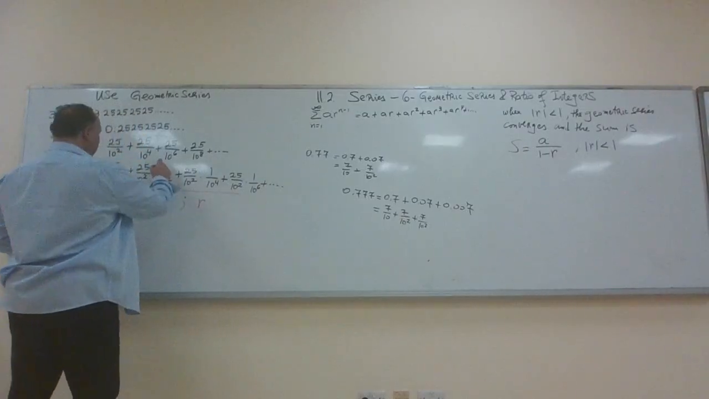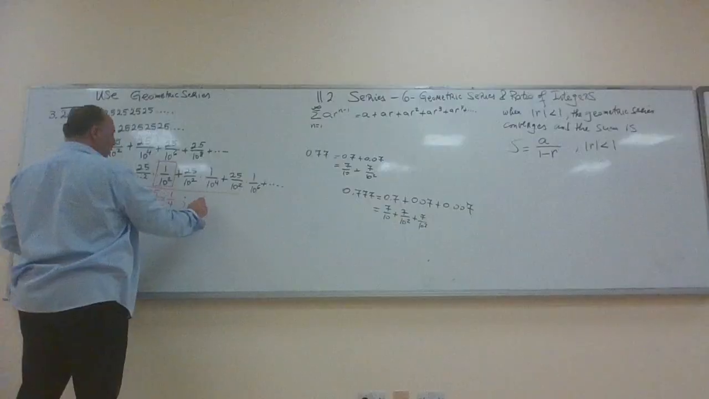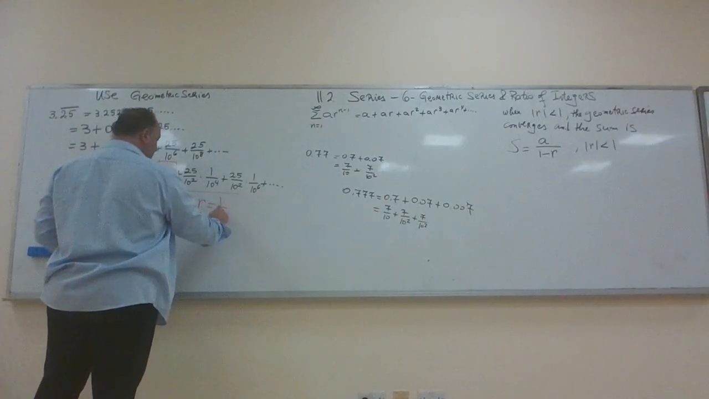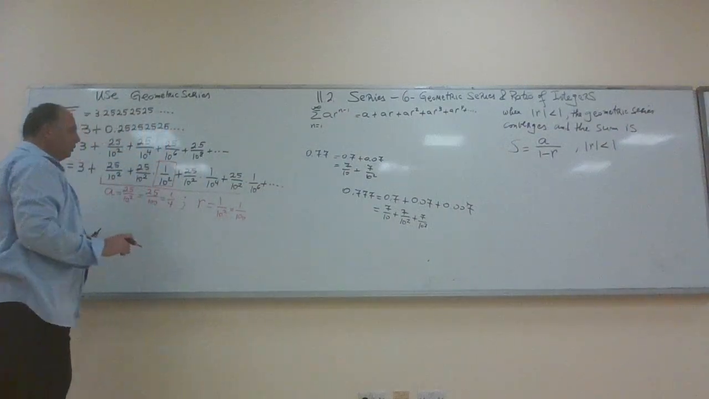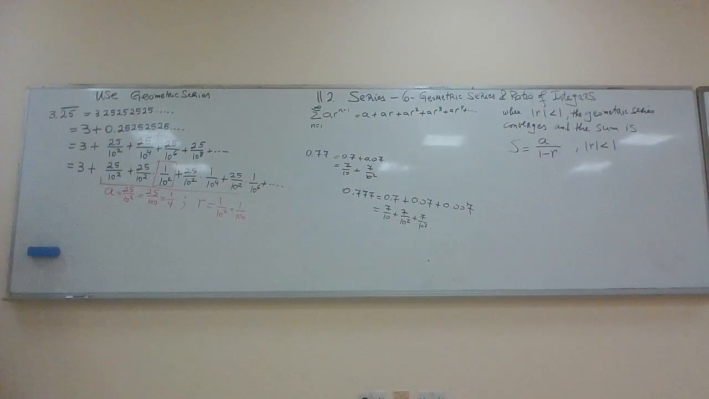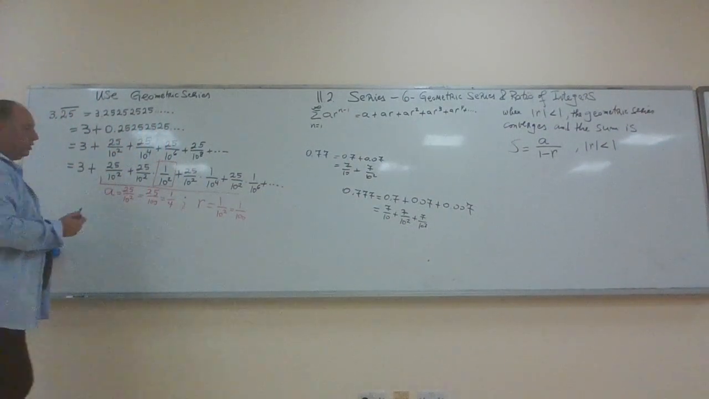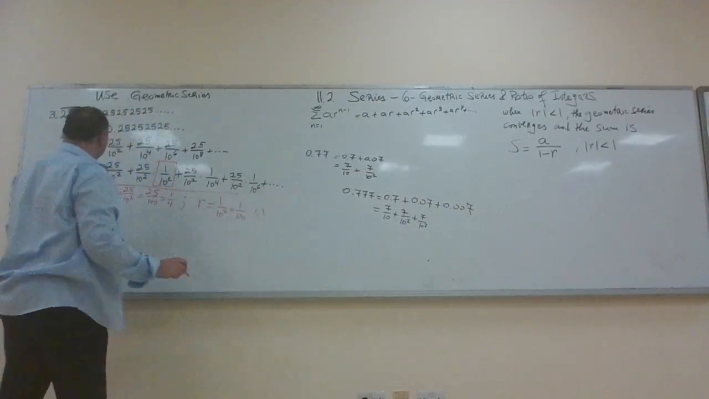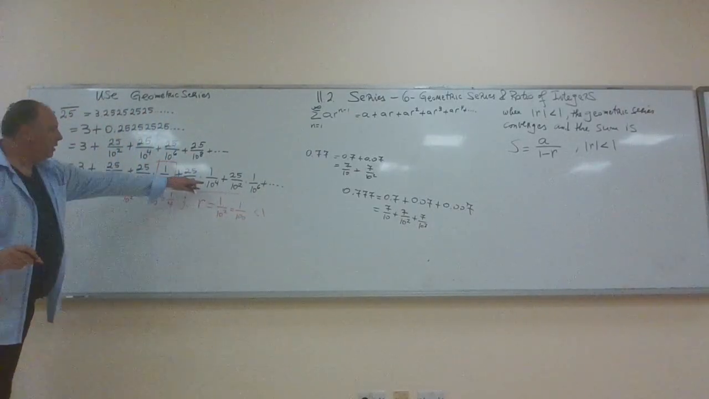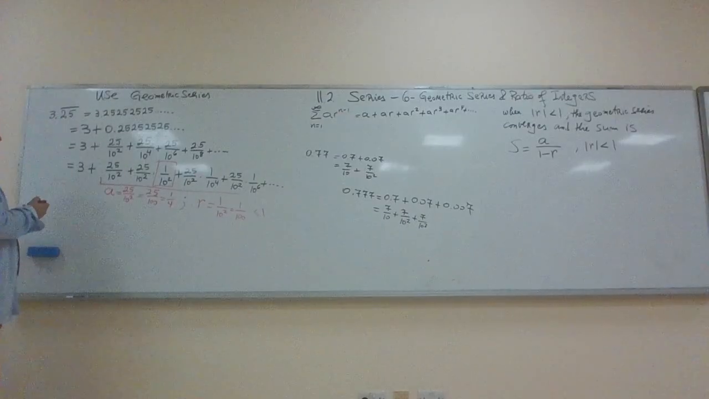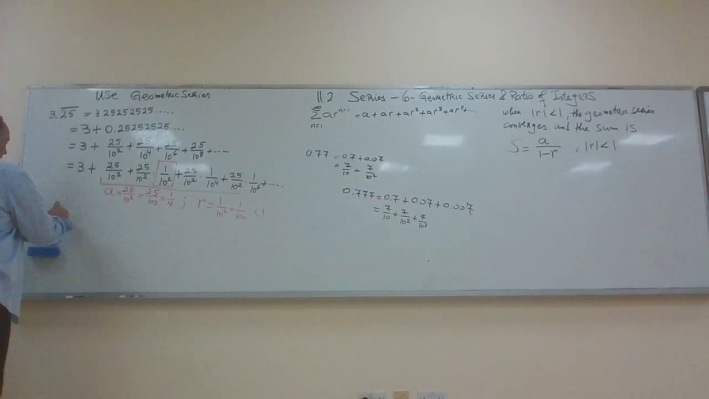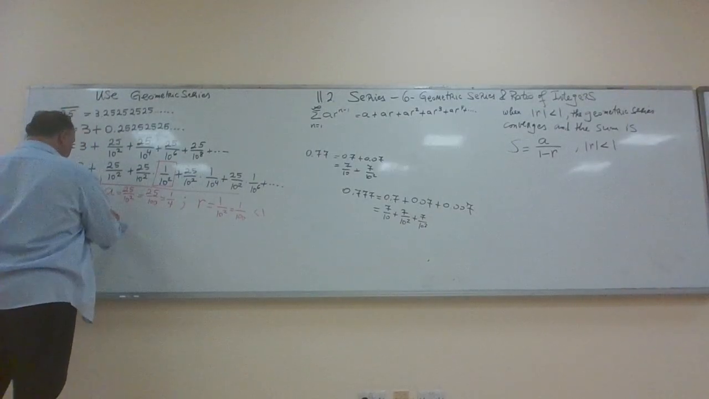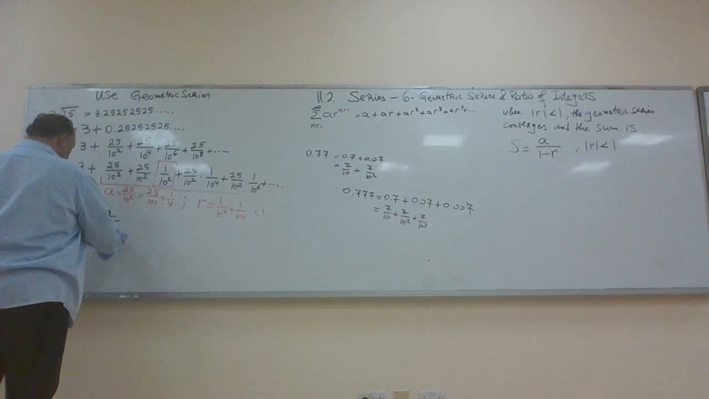And R, this is our R, is 1 over 100. So this is smaller than 1, obviously. This means that this geometric series is convergent, and we know the sum. So this is 3 plus the sum of this geometric series, which is A divided by 1 minus R,